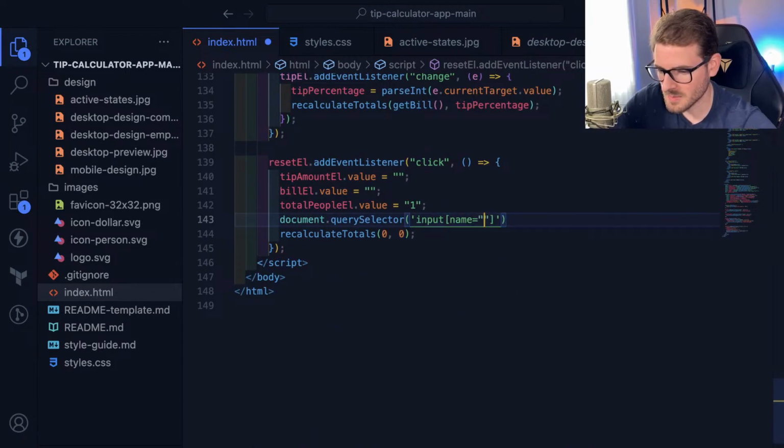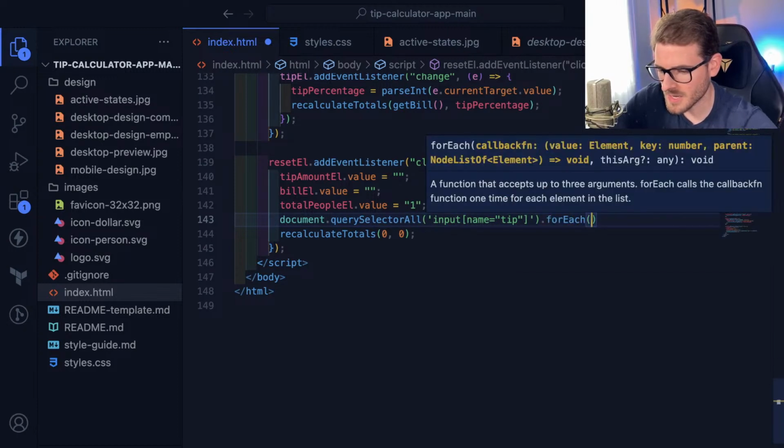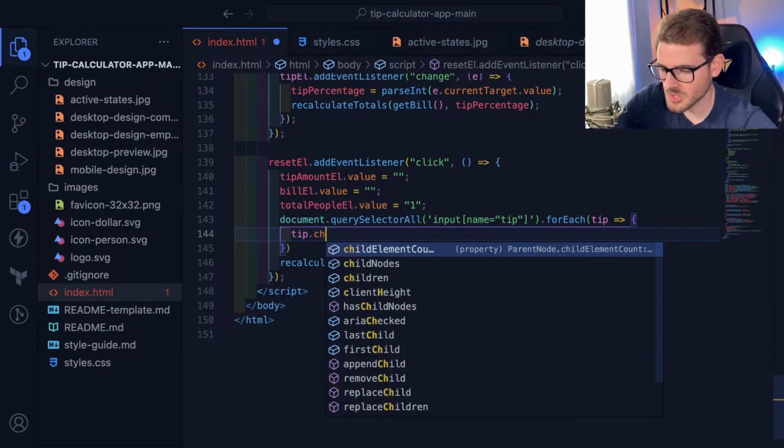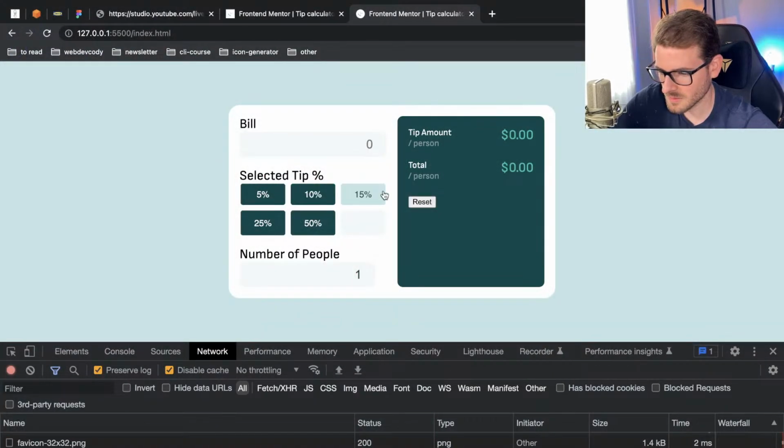Input, name of tip, query selector all of that thing. I'll say for each, and then I'll say tip dot checked is equal to false. Yeah, I mean, that's how you do it, but that's just so much extra garbage just to get something simple